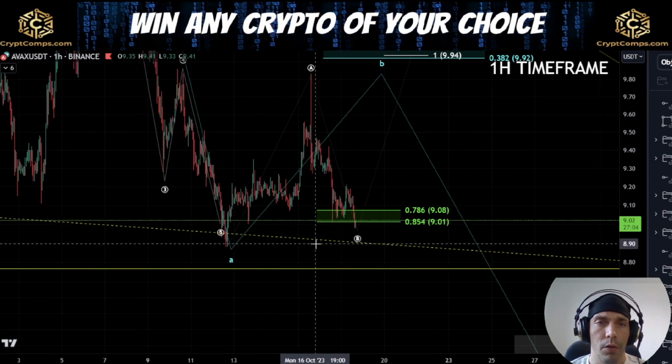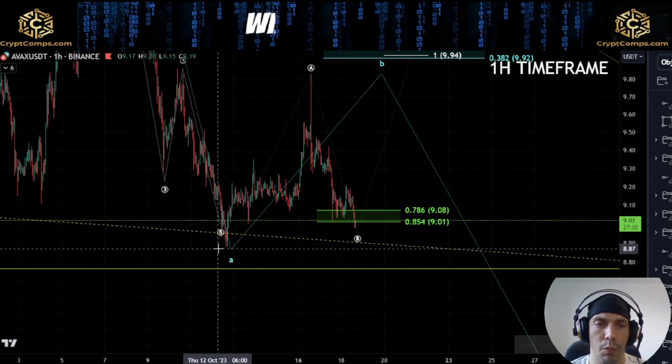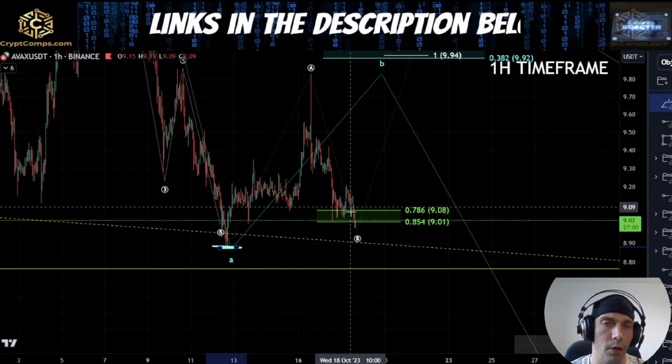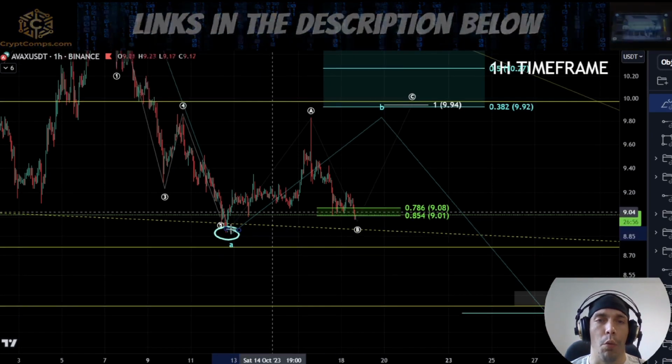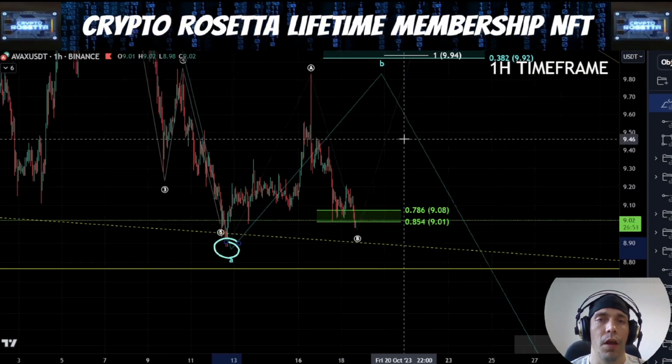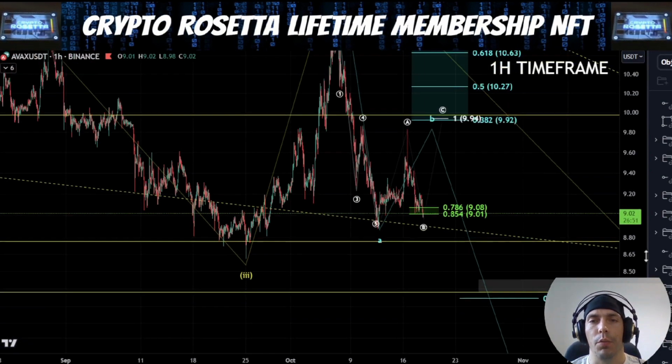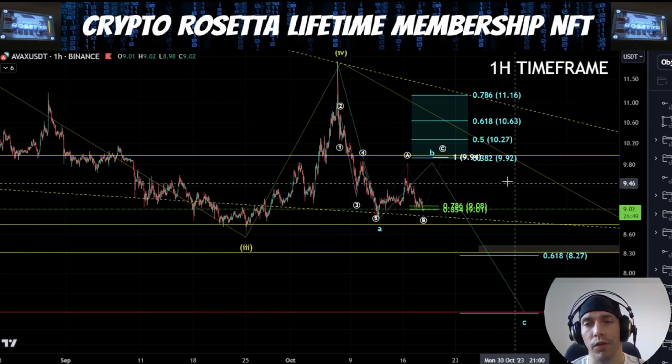Now, if we do continue to look to hold this low, there are some bullish options, which we're going to go over in a little bit. But effectively, if we hold this low, we could actually see something more impulsive starting to develop to the upside. But until that point, we need to be very careful because the cleaner count actually is to the downside here,